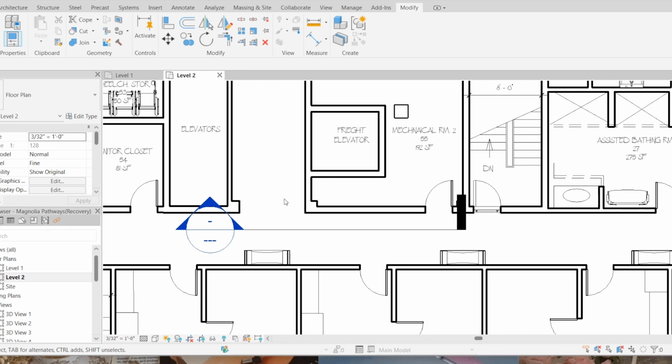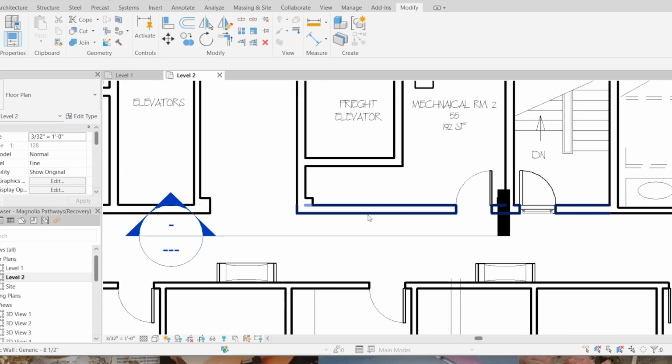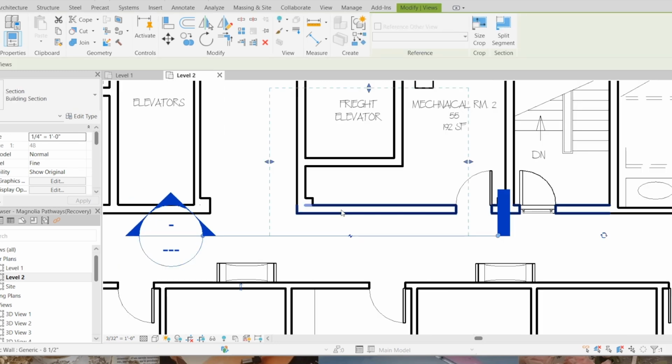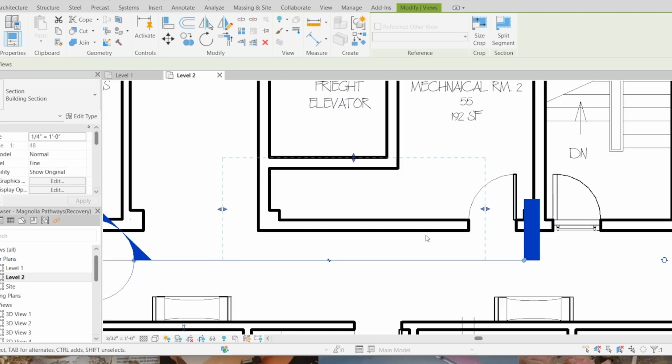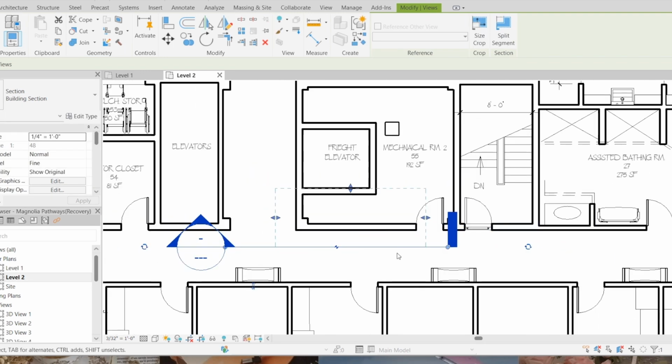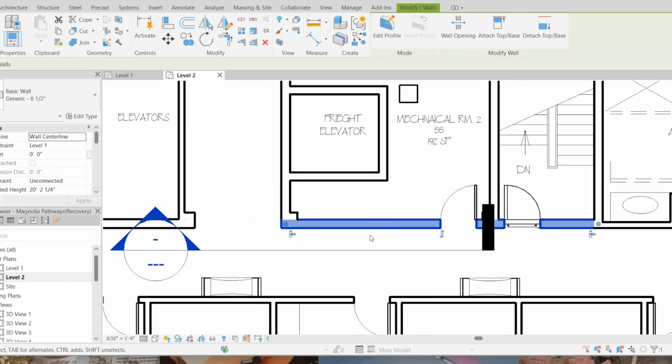Hello everyone, so in today's video I'm going to show you how to create an arch opening entryway in a wall. So first you're going to want to make a section. You don't have to, but I think this is just a little bit easier than doing the entire length of the wall. So just tap the wall that you want to make the arch in, click edit profile, and it's